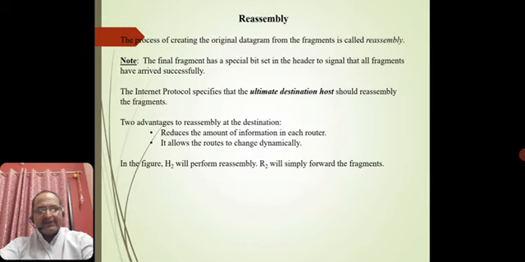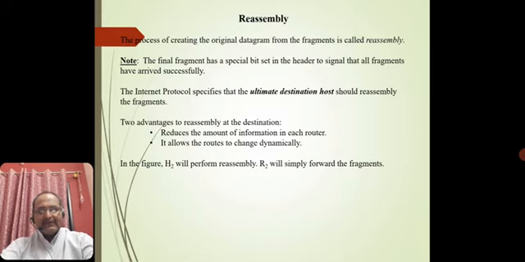The final fragment has a special bit in the header indicating that all the fragments have to arrive successfully. In the internet protocol, each ultimate destination always needs to reassemble. If it cannot follow the guidelines of reassembly, then the previously fragmented data packets may not be feasible to transmit.